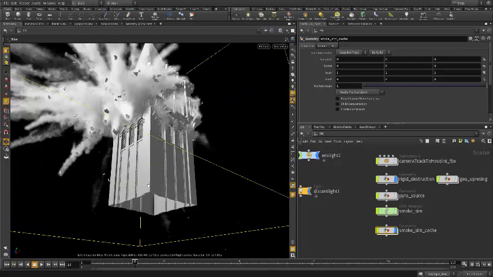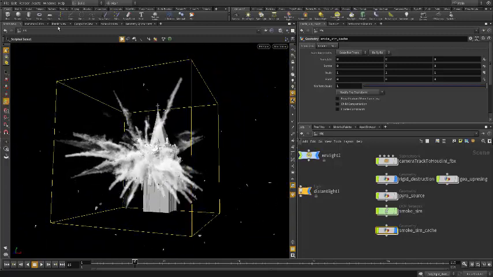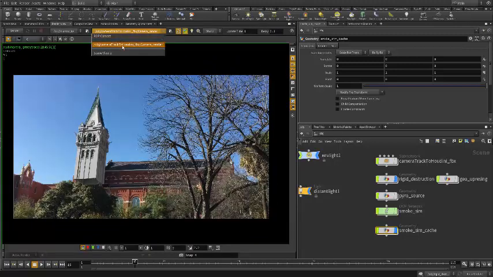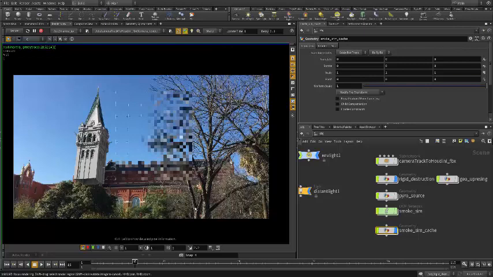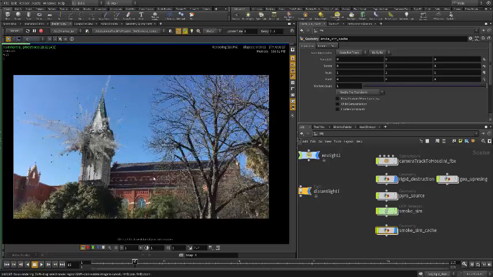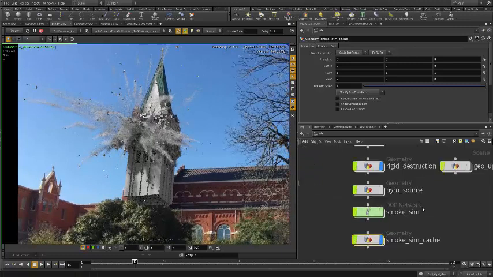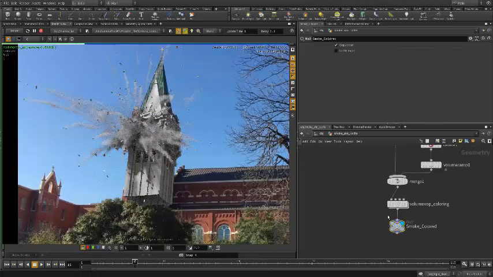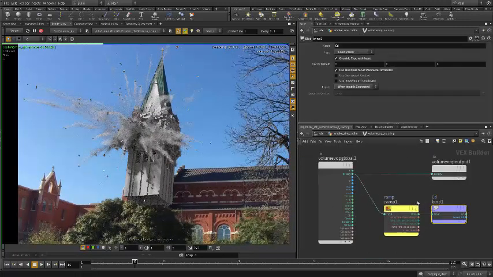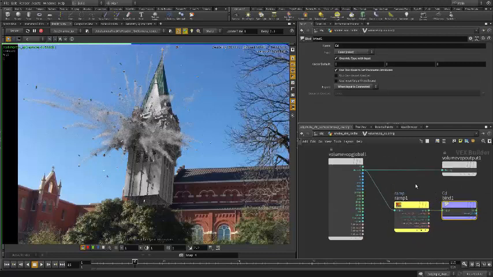Okay, and let's take a look at the render. I'm going to go to the render view, use our camera render, and also the render here. So let's take a look. Now we have the basic color happening here. We haven't changed anything here in the VOP yet, so we're going to go ahead and actually go back to